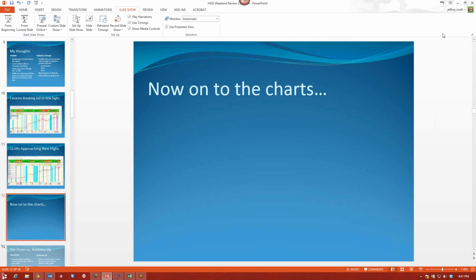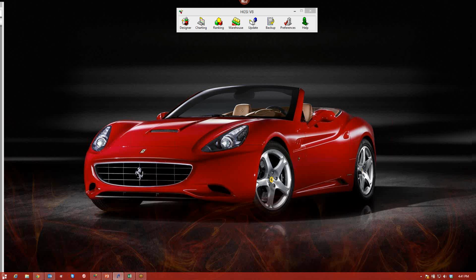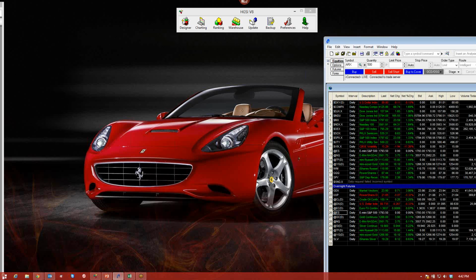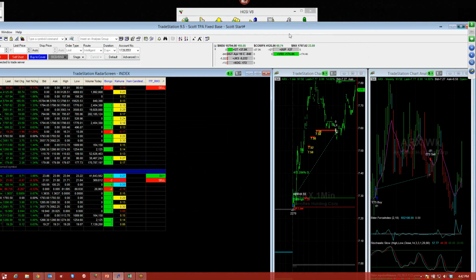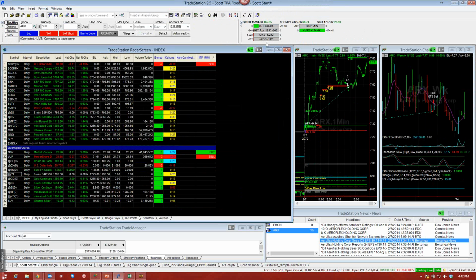Now on to the charts. So one of the first things I'd like to do is quickly go look at TradeStation and look at some of the Elder indicators of what the market's doing. Before I do that, let me point out